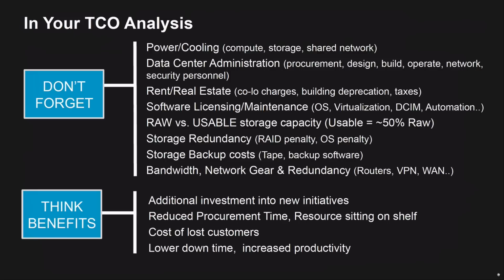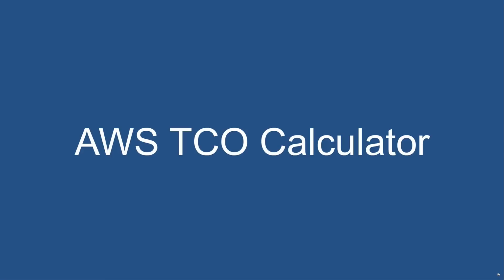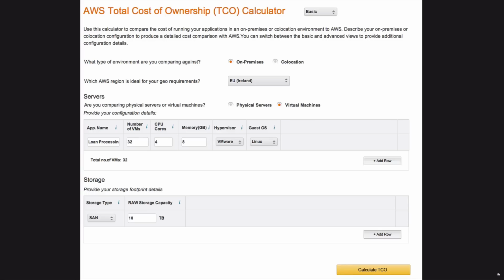So take that away as a quick reference maybe, and think about the benefits side of the case as well. What are the benefits that you can drive if you can access a platform of the type that AWS has and use some of those agility and speed benefits that customers tell us they like so much when they use AWS? So the TCO calculator itself provides a wizard-based tool for helping you work out the costs of operating on-premises IT infrastructure and comparing that against the costs of using AWS services.